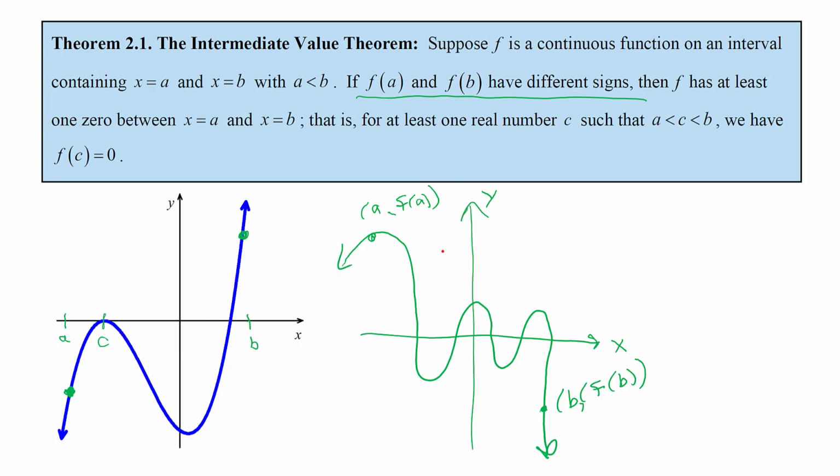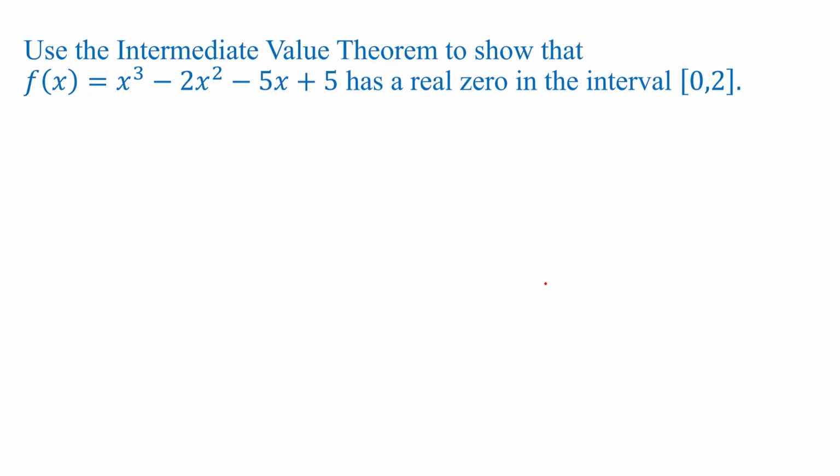In this case, what I've drawn here, we would have 1, 2, 3, it looks like 4 places between x equals a and x equals b where we would have an x-intercept or a 0 at those points. So we're going to use the intermediate value theorem next to show that,